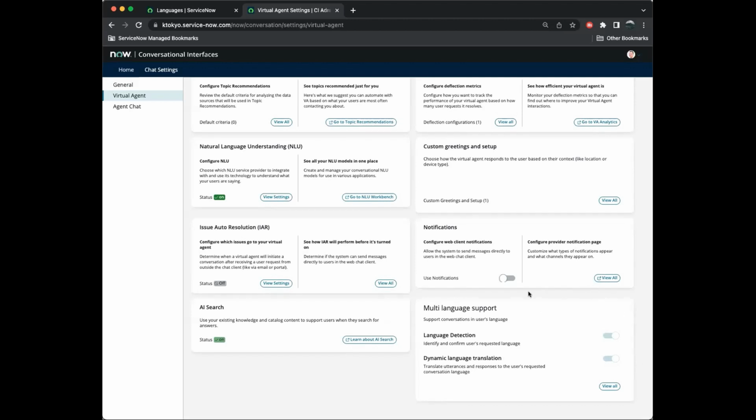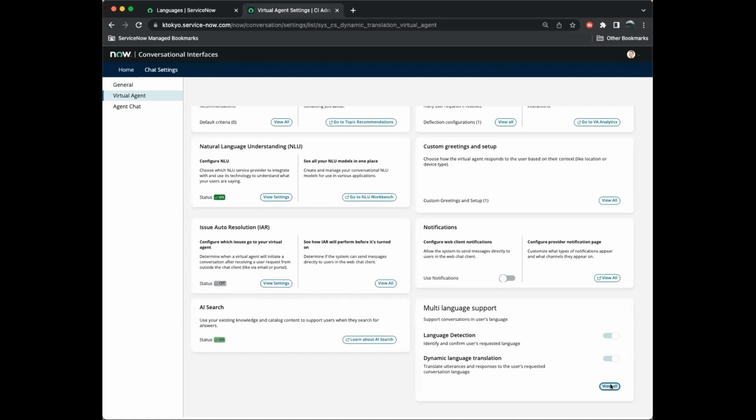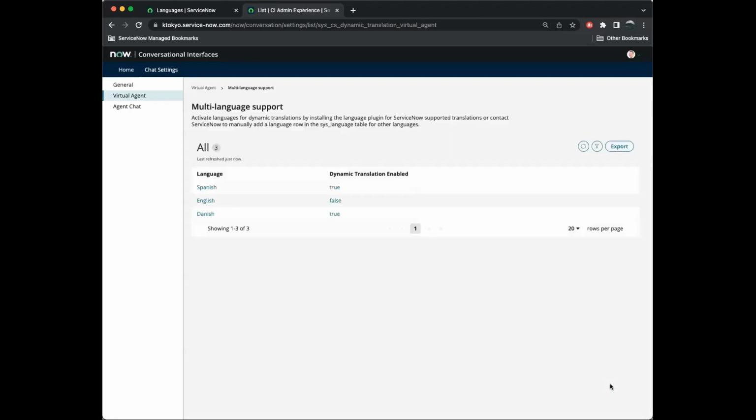Now, logging in as an administrator allows you to toggle language detection and dynamic language translation on or off. So you'll see those switches there. Typically, they would be highlighted there with dark green because they're on, and they would be available for you to toggle off and on. Now, if you click View All, that will take you to the table that shows the